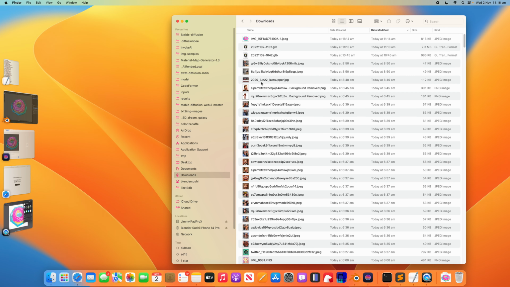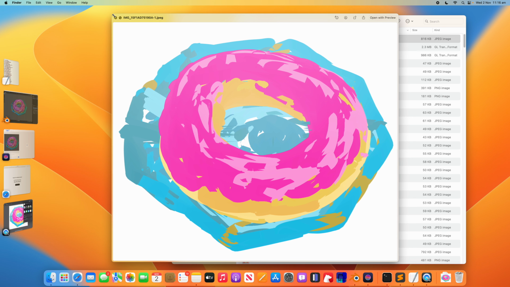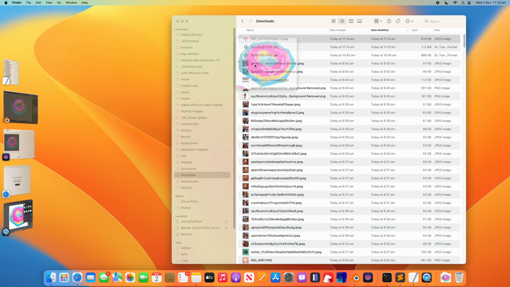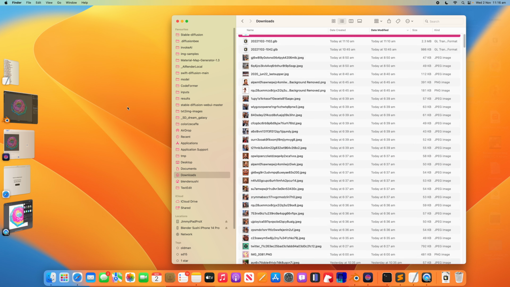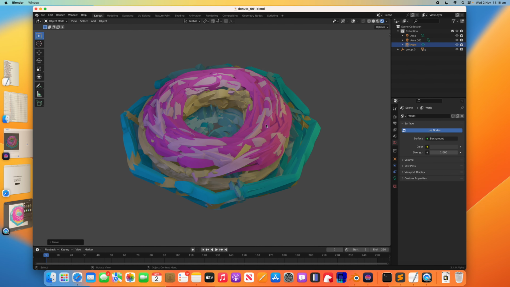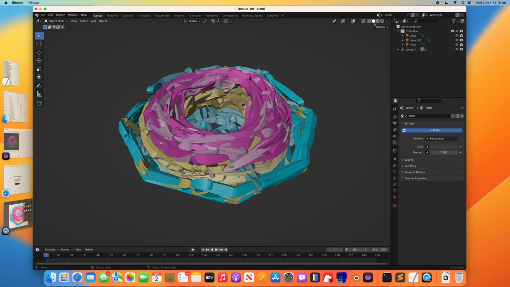If I go to downloads, take a look at this JPEG. Drop it on the desktop. In Blender, you can actually remesh everything and make it. You're gonna lose the color, but